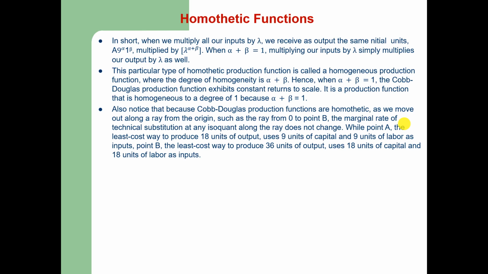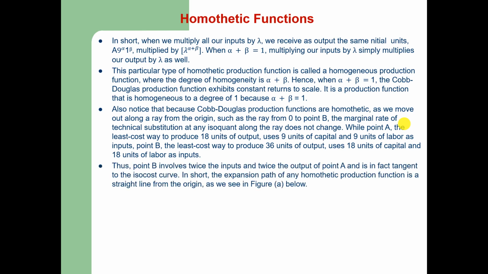Point B, the least cost way to produce 36 units of output, uses 18 units of capital and 18 units of labor as inputs. Thus, point B involves twice the inputs and twice the output of point A and is in fact tangent to the isocost curve. In short, the expansion path of any homothetic production function is a straight line from the origin, as we see